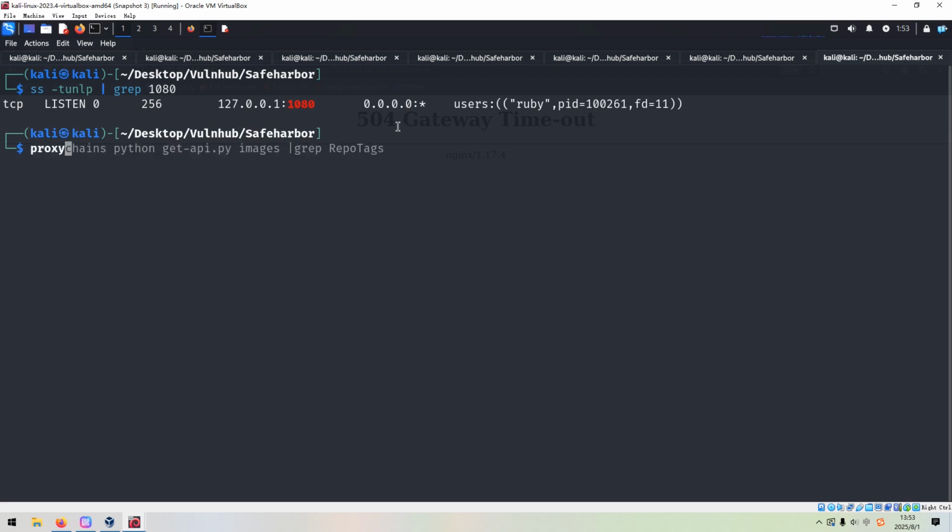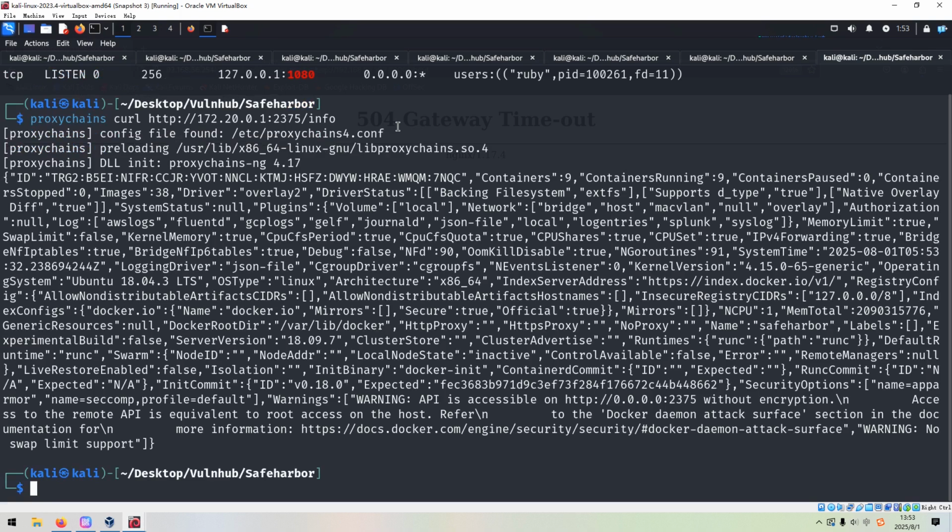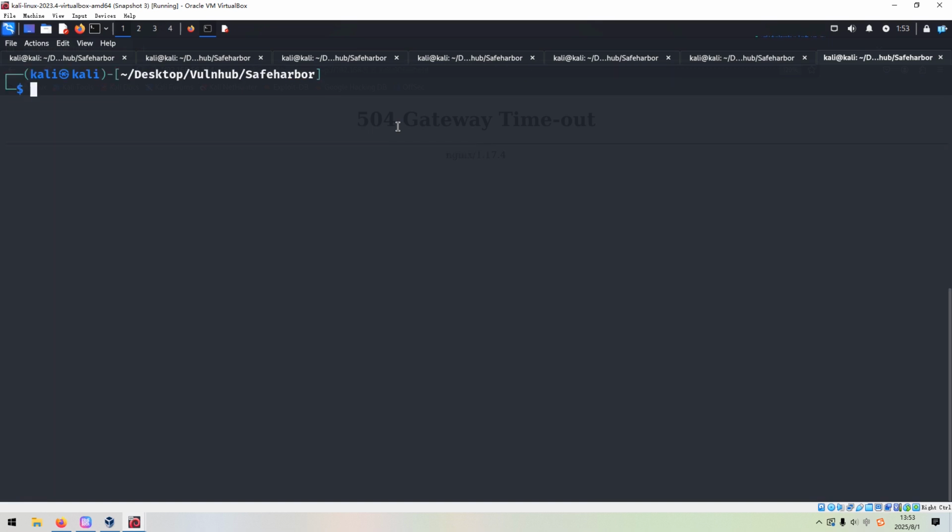Now we can try to access the Docker API to get info of this Docker. Yes, it works. So next, I'm going to get more information about the images on the target machine, and we can utilize Python to do this. Okay, so how to do it? Let me launch